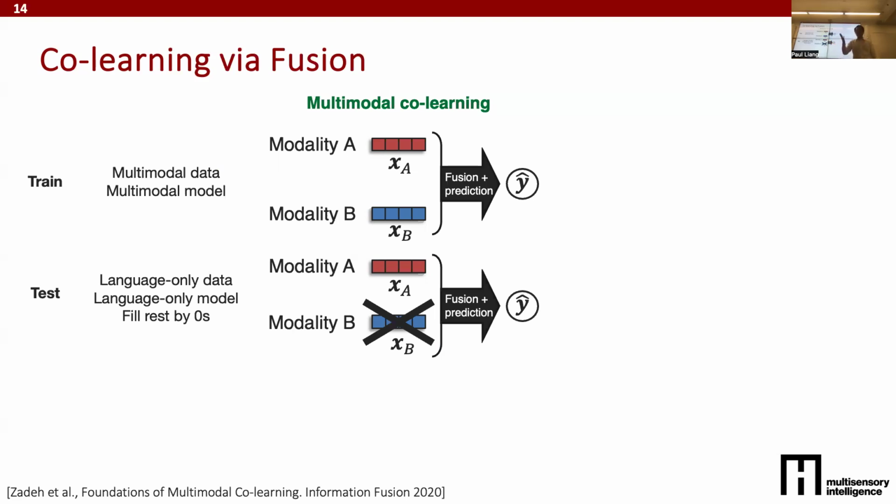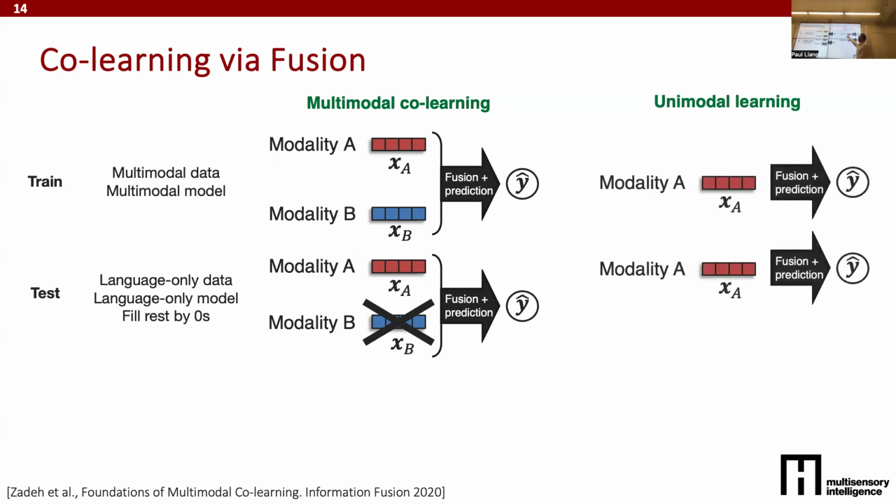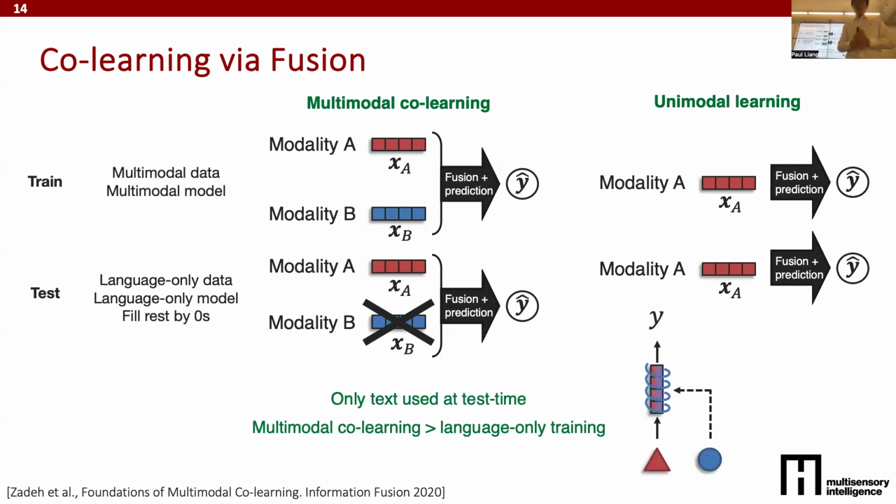Okay? And what is the baseline? Baseline in this case is unimodal learning, right? You use A to predict the label during training, you train your model weights, and during testing, you just use A to predict Y. Okay? So it's a fair comparison because during testing, the model is always only taking modality A, say language. I train this fusion model between language and vision when I do co-learning. So only text is used at test time, and